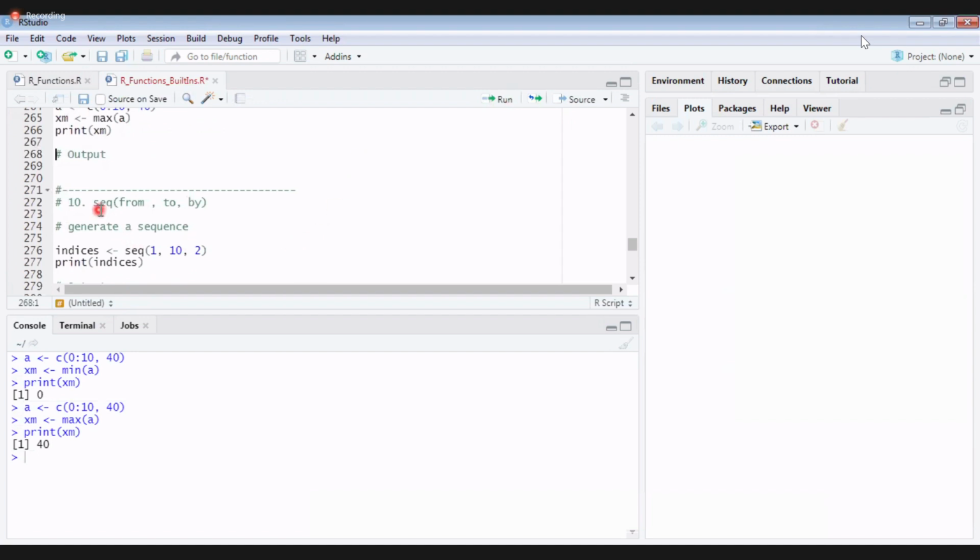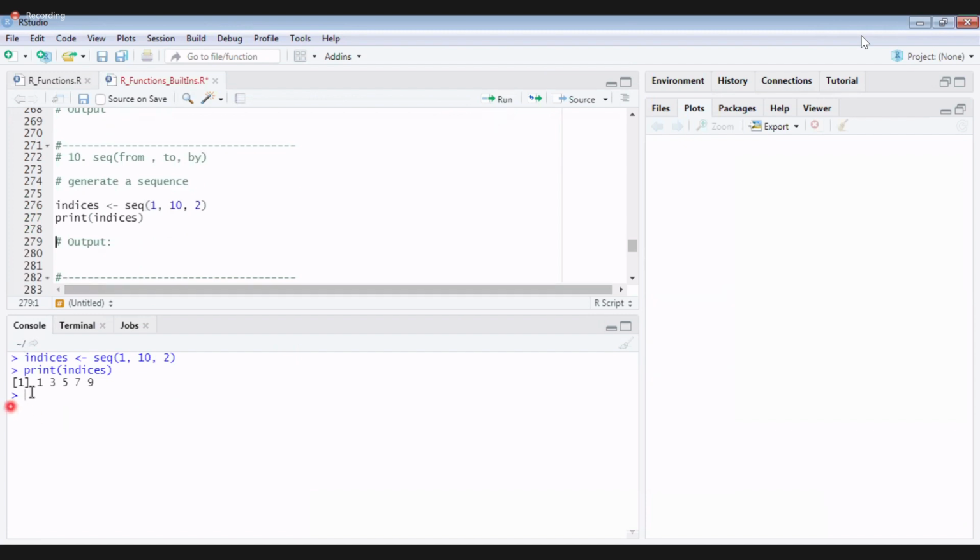This we have already seen multiple times. Sequence will give us numbers from starting value to ending value, including both starting and ending value. And this is our step value. By default it is 1, but even if you give any other value, it will accept. So here it will give me 1, 3, 5, 7, 9 because I gave step value 2. If I give step value 1, it will give me 1 to 10, which includes both 1 and 10. Generally a similar function in Python will not include 10, but here it will even include 10.